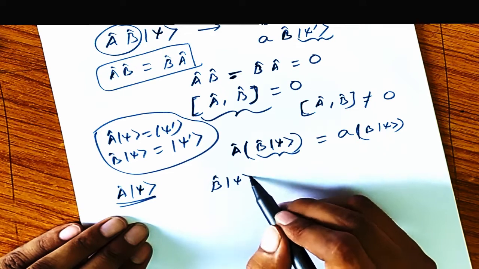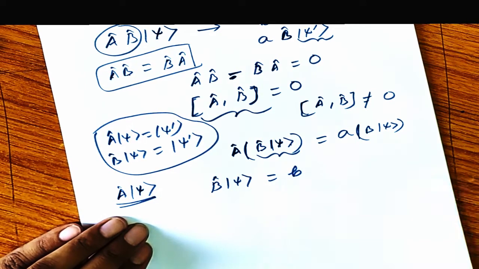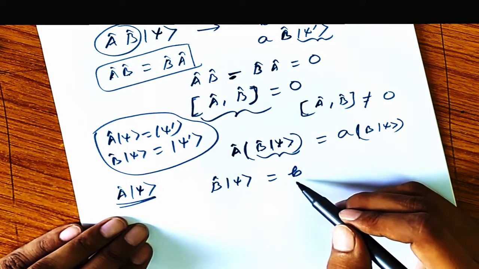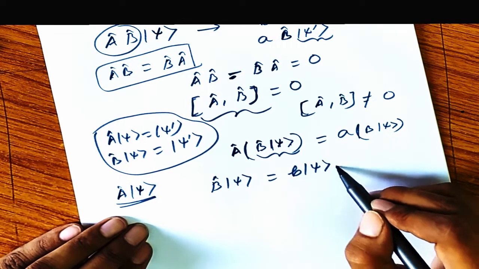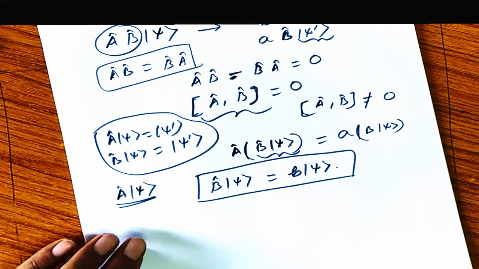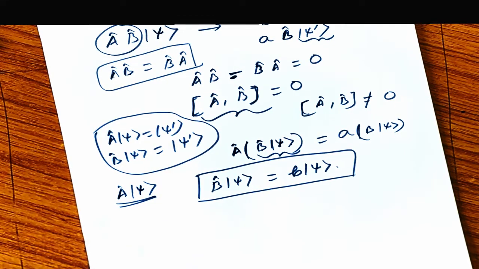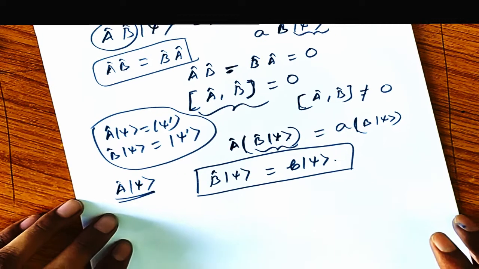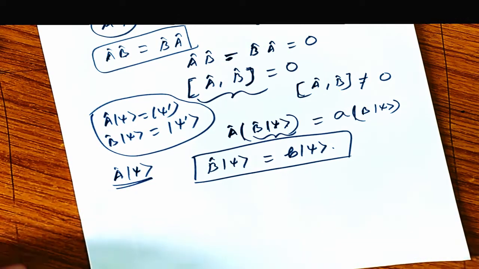So therefore I can write here Bψ is simply some kind of eigenvalue with eigenvector ψ. So both operators will have the same eigenbasis. This thing is so much important because later, as our course progresses, we will encounter that suppose there